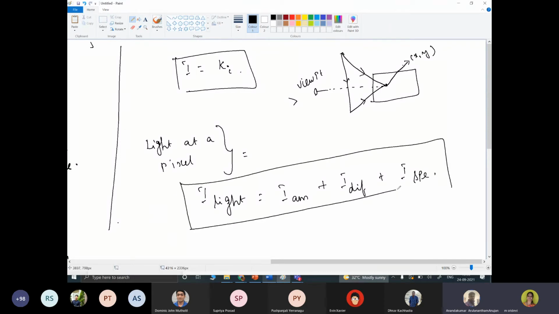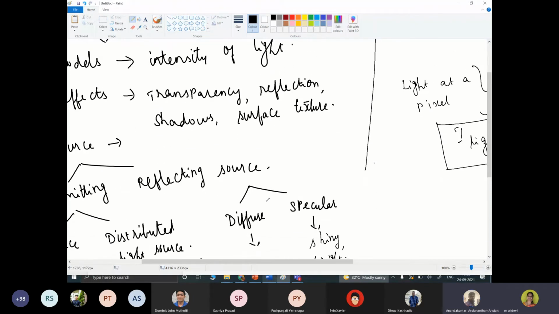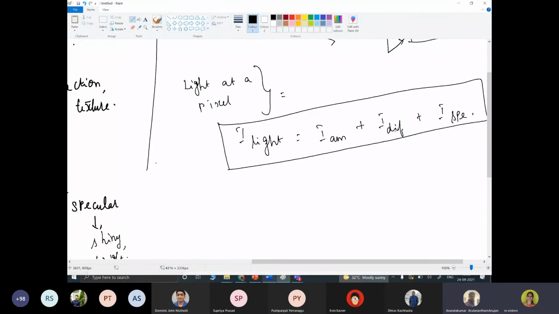So just now we have discussed two concepts here. In the case of a reflecting source, two different sources: one is diffuse and the other specular. So I diffuse is the first one and I spec indicates the second one.